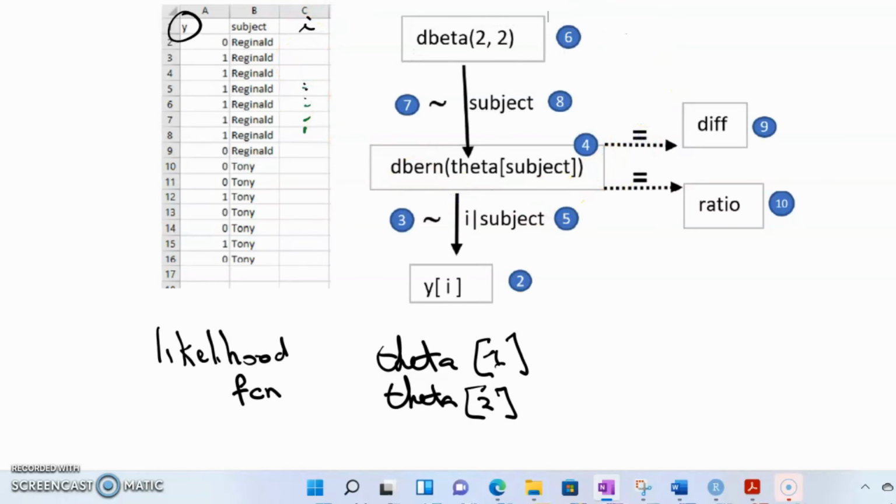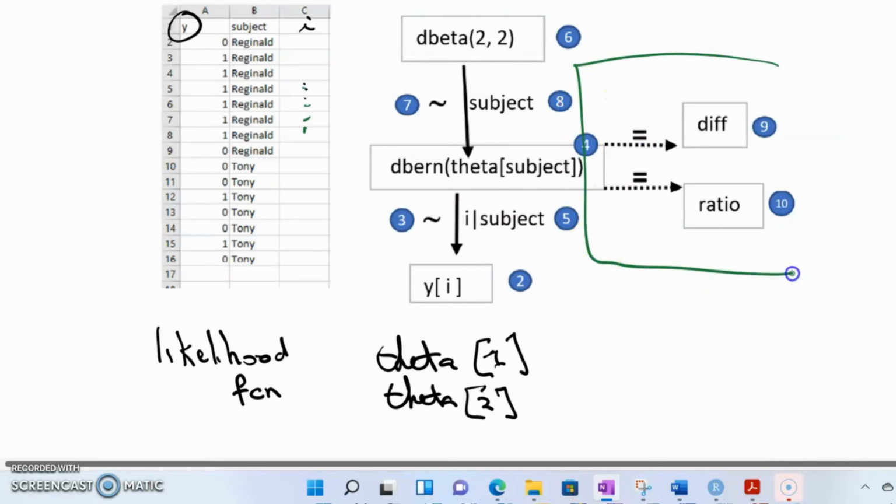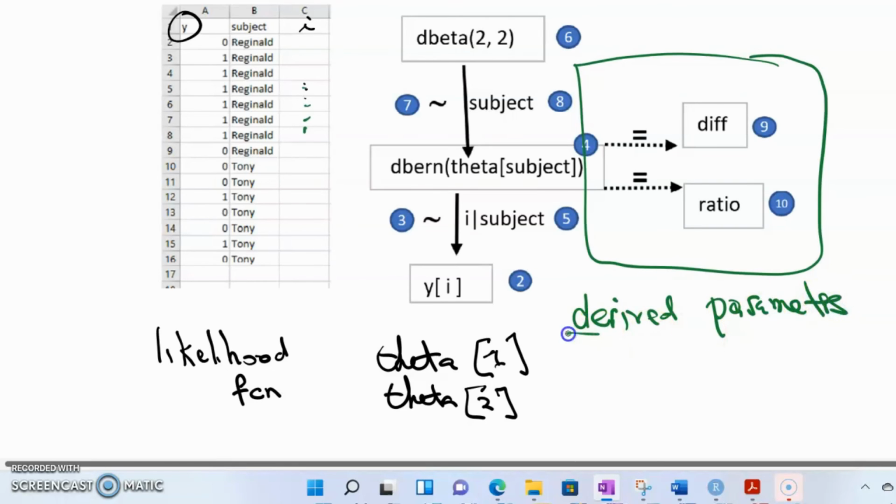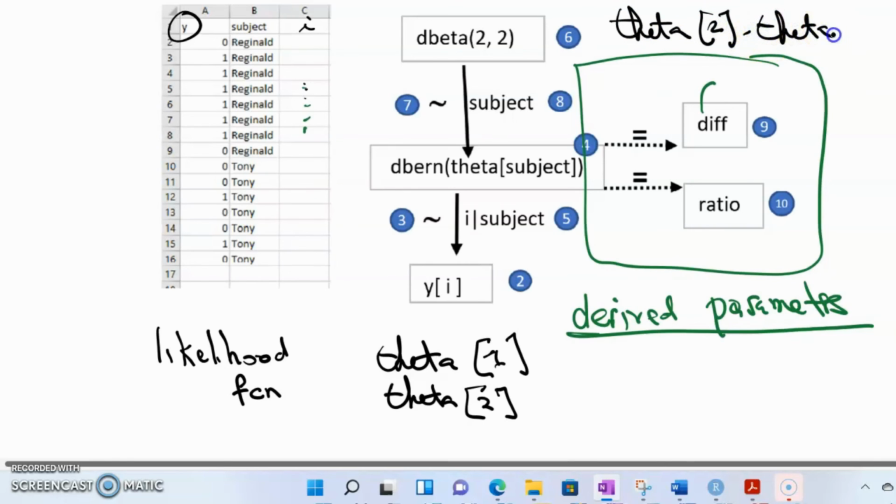And then lastly, there's this stuff here, which are our derived quantities or derived parameters. Difference is just going to be the difference between Tony's theta and Reginald's theta. And ratio is just going to be the ratio of Tony's theta